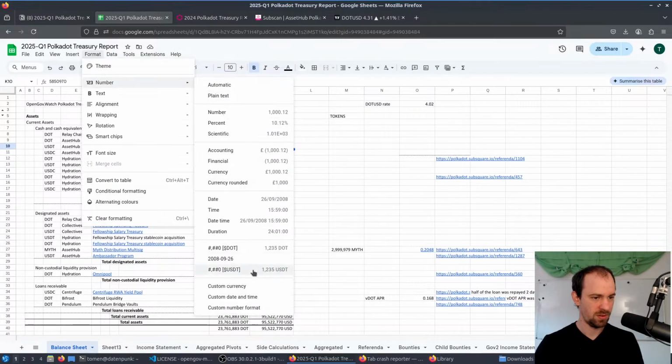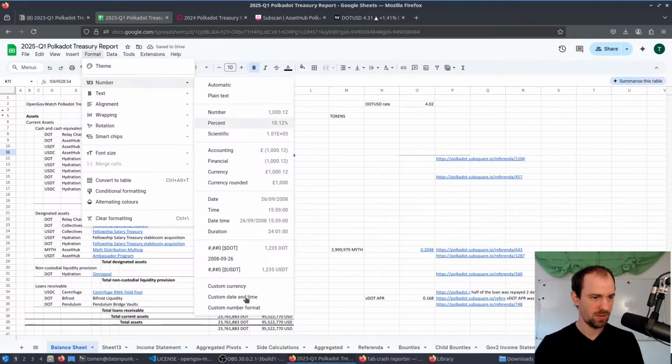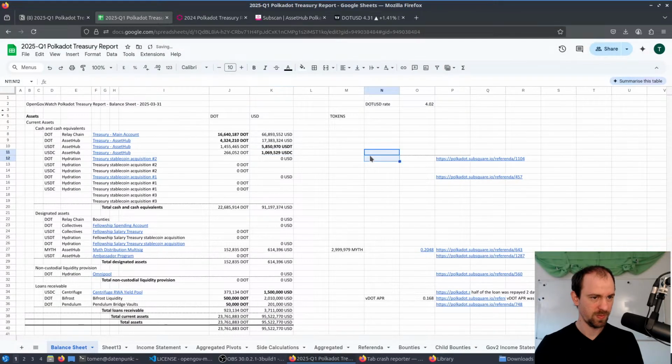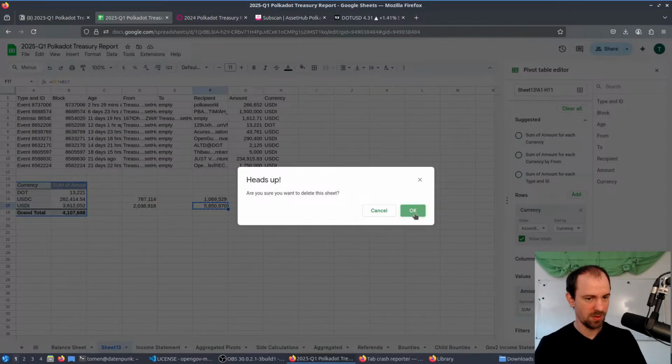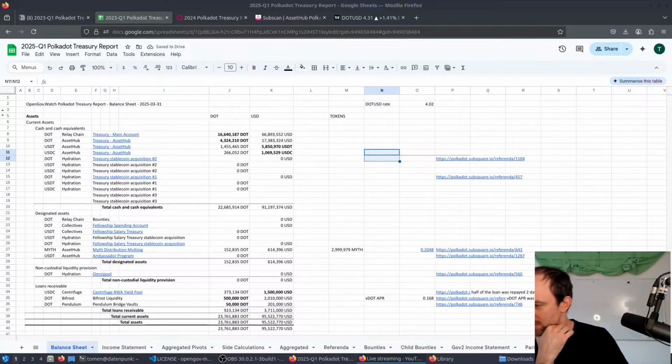Format USDT. Format USDC. Okay, good. Thank you for the help. And this is how we get to the amount of USDT. Yeah, Eric,